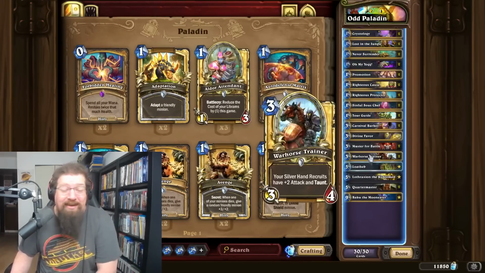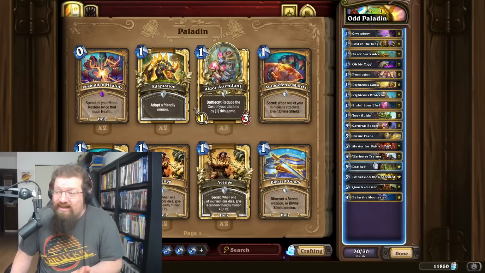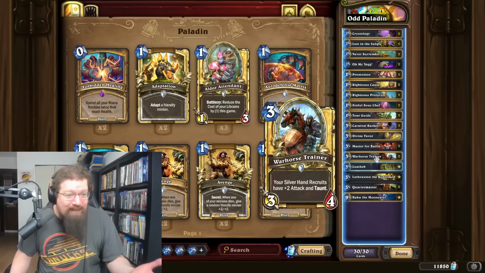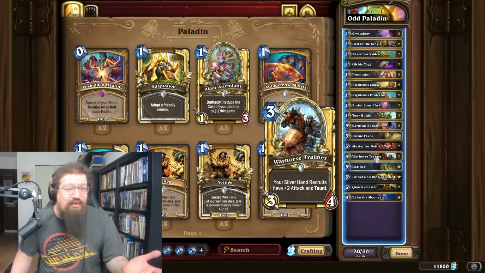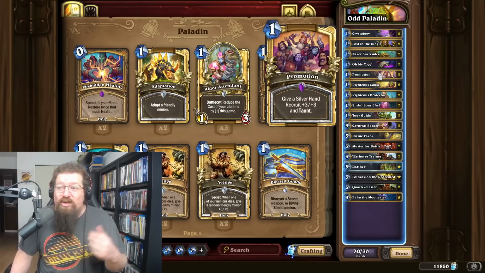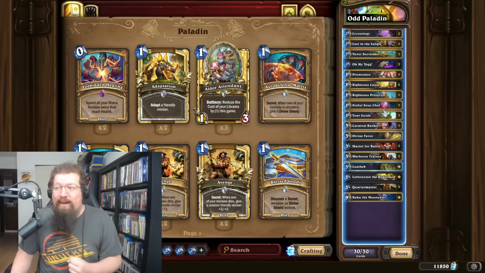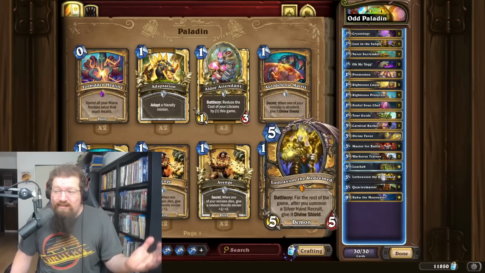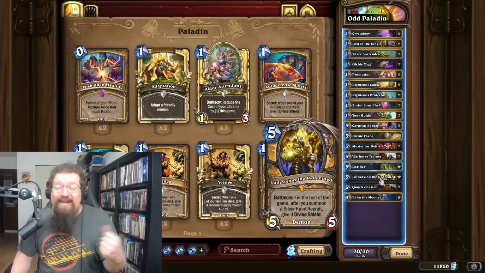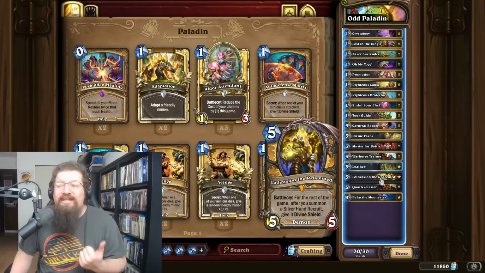Anyways, Odd Paladin, I'll recommend this because it recently got buffed, and it seems to be doing all right because Warhorse Trainer got buffed, +2 attack and taunt, which is pretty crazy when you're creating 2 dudes a turn with your hero power, as well as Promotion got buffed, is also very strong with your hero power. You got Sinful Sous Chef in there, one of the new cards, and yeah, seems like a decent Odd Paladin list. I don't know if it's really super powerful, but I've seen people have moderate success with it,